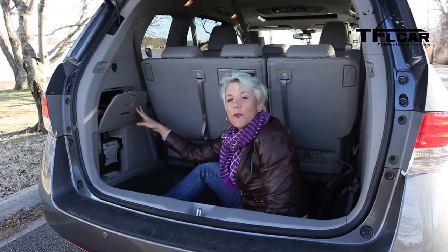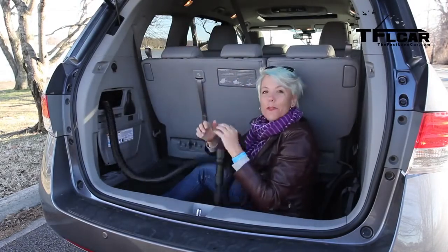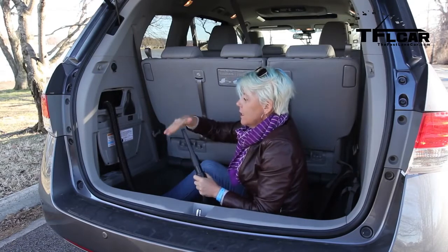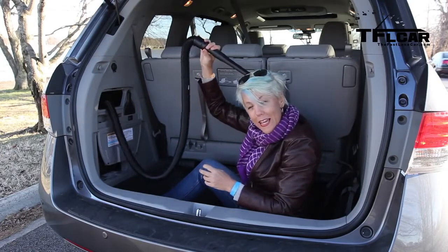Now, one of the cool things about the Touring Elite is that it has a vacuum cleaner. I know, it's very exciting. I don't really know how to use one of these because, you know, I don't really vacuum that much, but let's see. Whoa, that's got a lot of suction. I might be able to do this. Does that